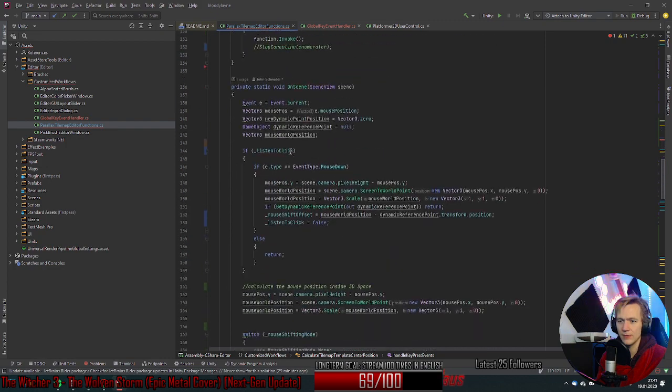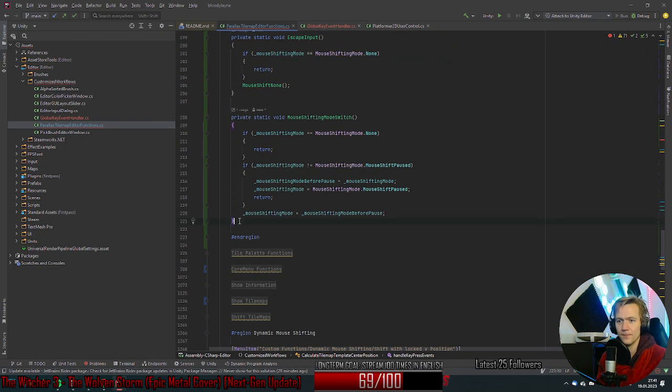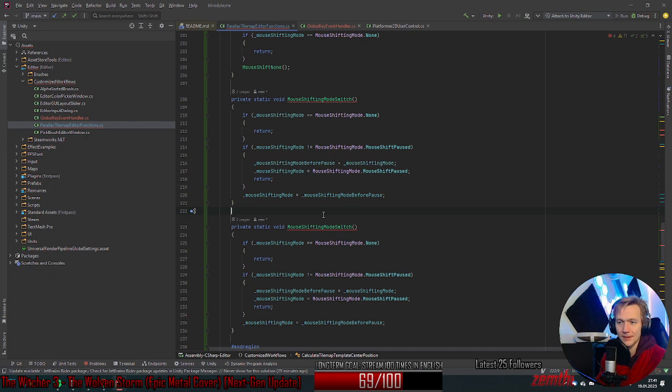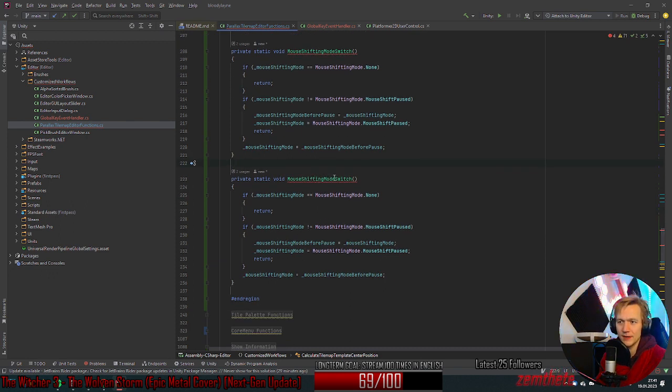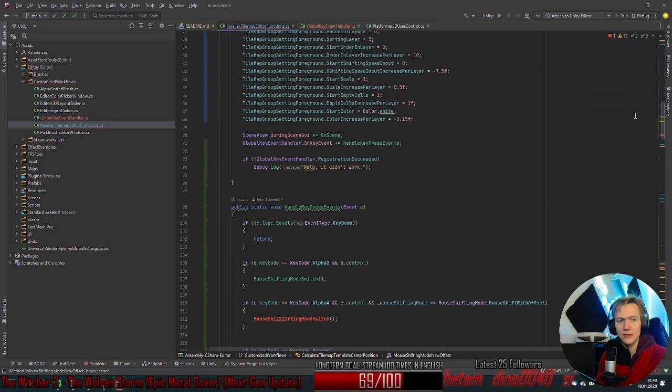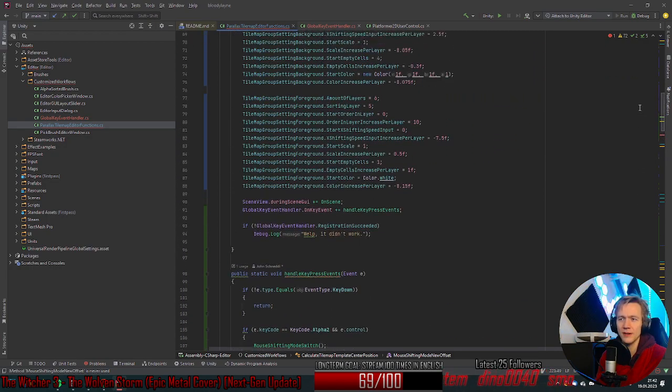Then we want to use a new function that we have to define right now. Hey, what did I say? I want to keep coding, yeah? So let's do this. So this is only working with the offset mode. Mouse shifting mode switch mode. New offset. And now we have to basically find out what we are doing. First time we assign a new offset. I think we are just putting this boolean to true, which was